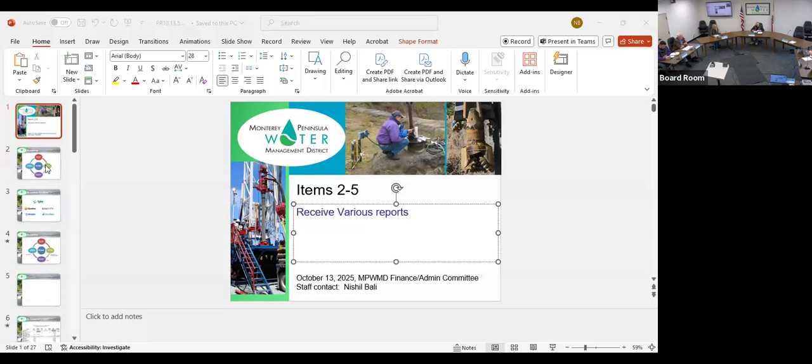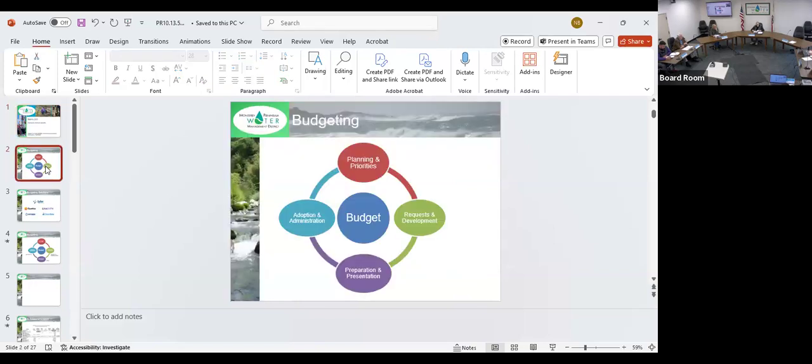Before I dive into this, I just want to explain a little bit. As you may know, we go through a 4-part budget process, which starts with planning and developing priorities for the year. That's a brainstorming exercise that happens before the budget begins. Then we get requests from the various divisions. Then we forecast our revenues. We develop our personnel expenses with benefits and salaries. And then we compile the budget, which is the third step, preparation. And then we compile it into a budget book. And then the 4th step is adoption and administration of the budget.